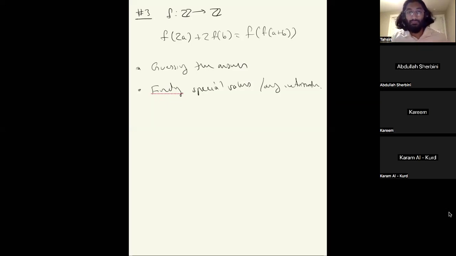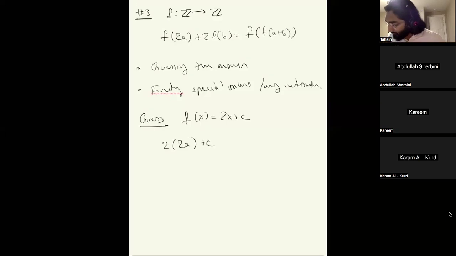I think 2x plus c would work. Great. So let's try f of x. This is a guess for the solution. f of x equals 2x plus c. I think actually c maybe can be 0, right? Let's see. So if I write this,